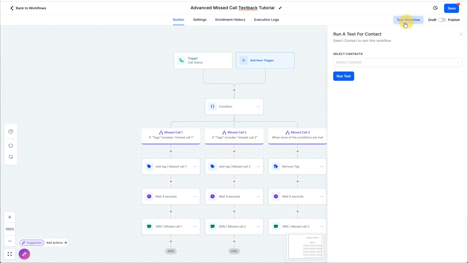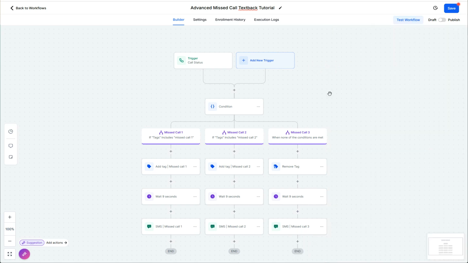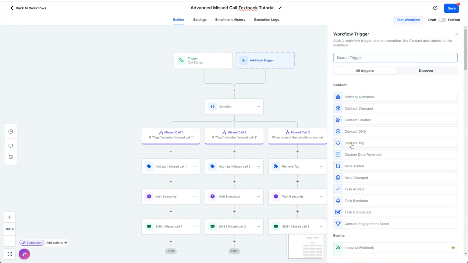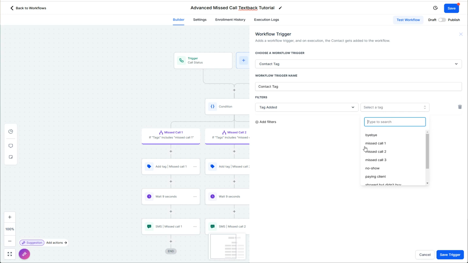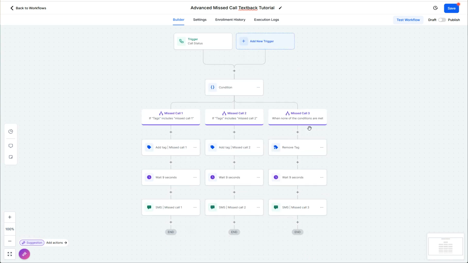You can test this workflow by hitting test and throwing in a contact in here, preferably yourself. You could also use your mobile to call your landline and get that triggering through, or if you really need to troubleshoot, you can add a new trigger, add a contact tag, and create a new tag, call it test or something along those lines. And then in the contact card, you can just keep triggering test on and off. But if you need to do that, you'll actually have to have it published, which might be problematic if this is a live environment. I hope this helps.